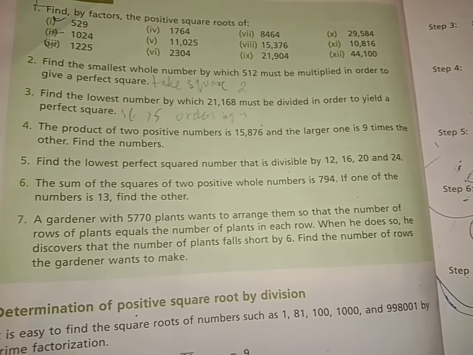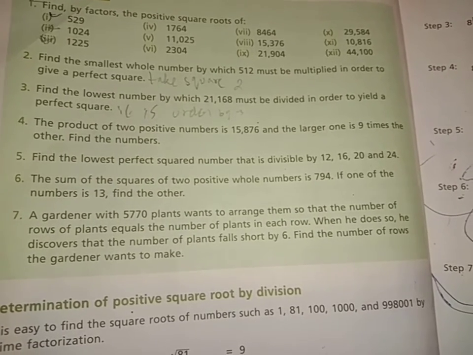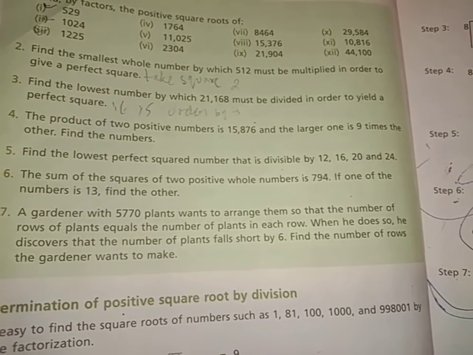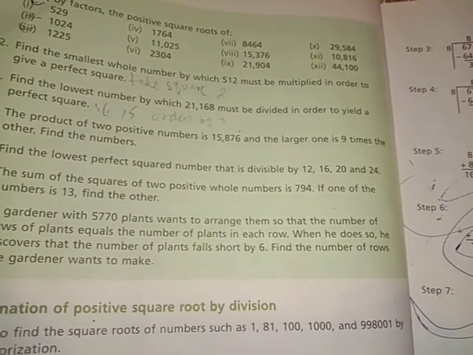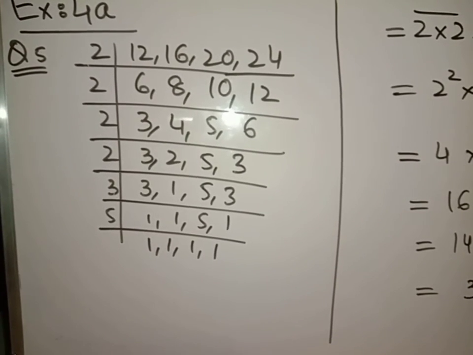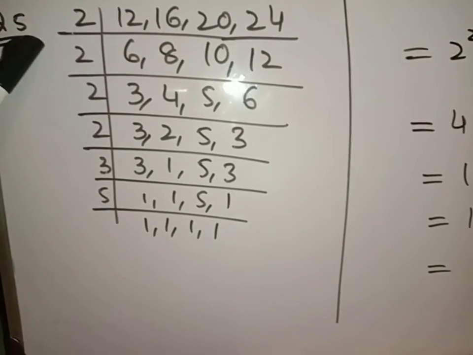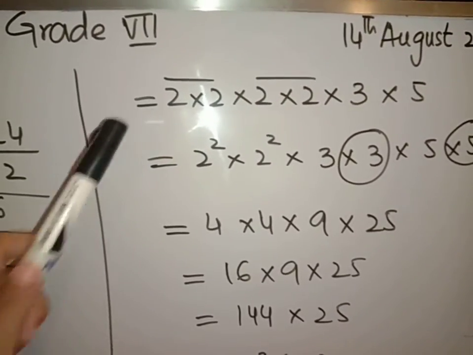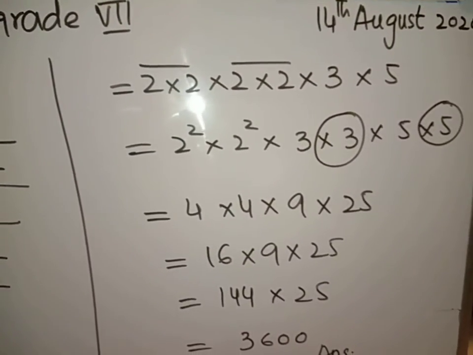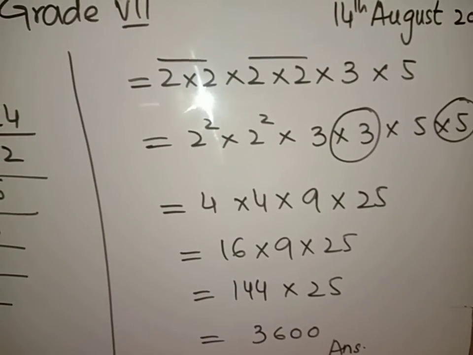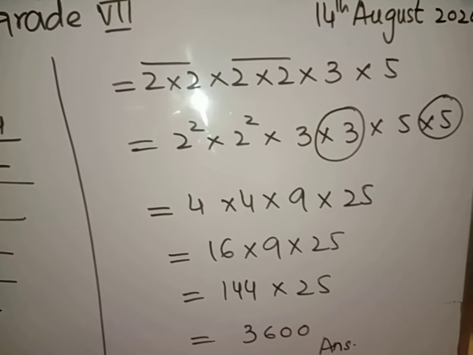So what we have to do here is just take a combined LCM of all the numbers. Let's have a look. Here we have the combined LCM of all these numbers, and we got 4 times 2, 3 and 5. I wrote all the factors here: 2, 2, 2, 2, 3 and 5. We got pairs of 2 and 2, but we don't have a pair of 3 and 5.